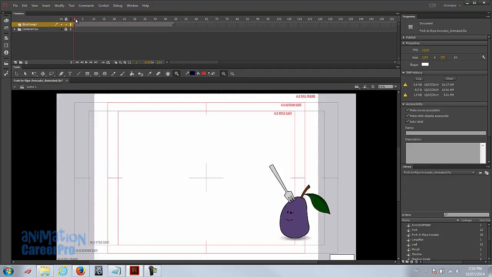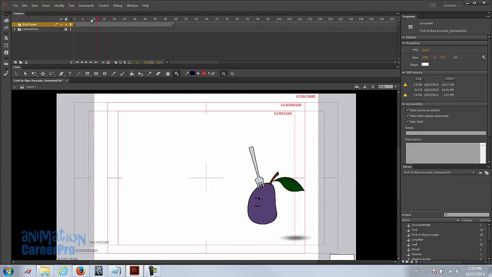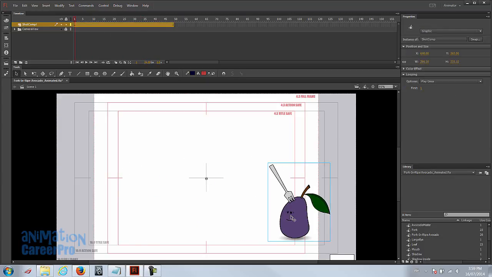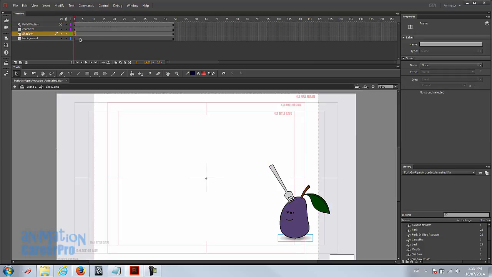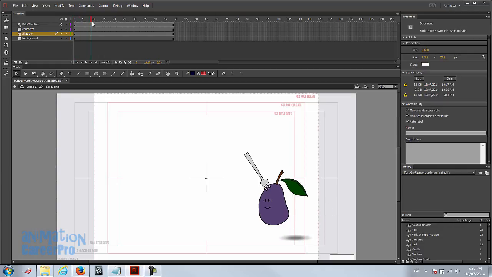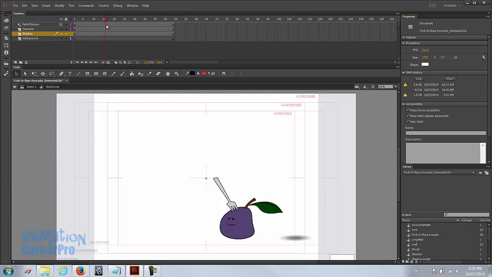One last thing we need to do is animate this shadow. If we scrub through, we can see the shadow just does not go with him. So let's go back into our shot comp. We have the shadow layer. This will be quite simple. All we have to do, because he's moving at pretty constant speed, actually he does hold at his squash pose. So we'll set a key there,